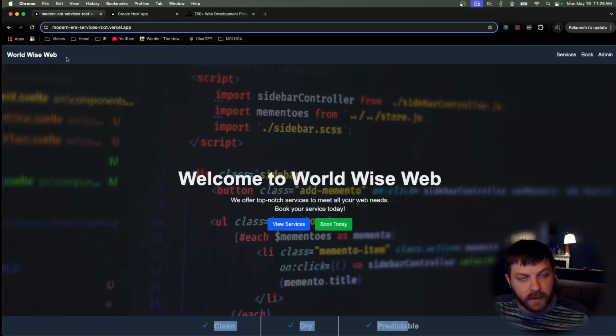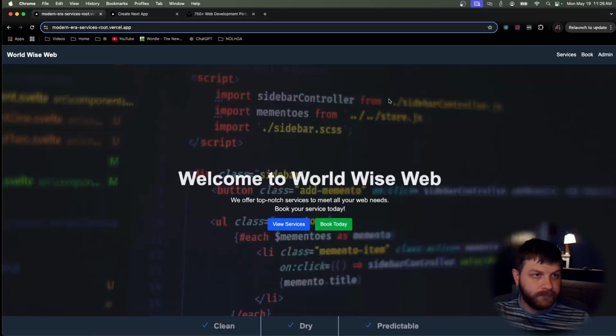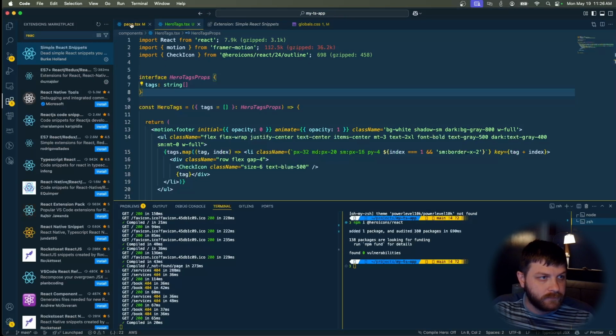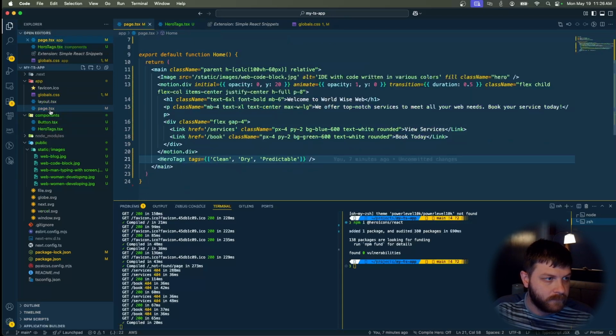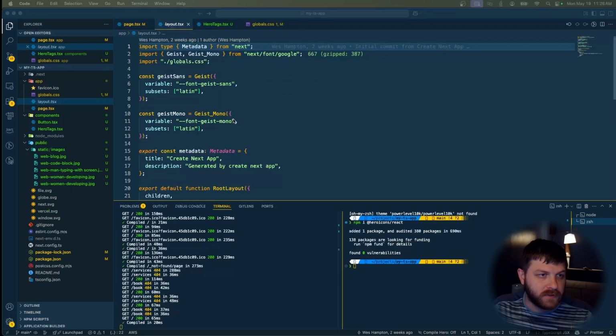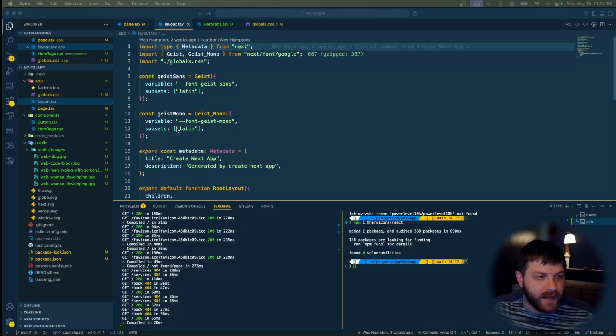Now, one thing I wanted to point out actually before we start is if we look at this header, it is actually persistent across all the pages. That is due to what's called a layout in Next.js. So in order to add that header, we need to go back to our file structure, find our root page under app here, and you can see right above it is this layout. In here is a bunch of things that Next.js put in here automatically. We can edit these and change these as we want, but for now, we're going to go down here to